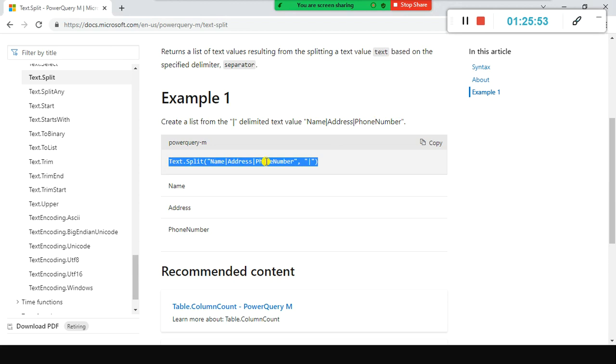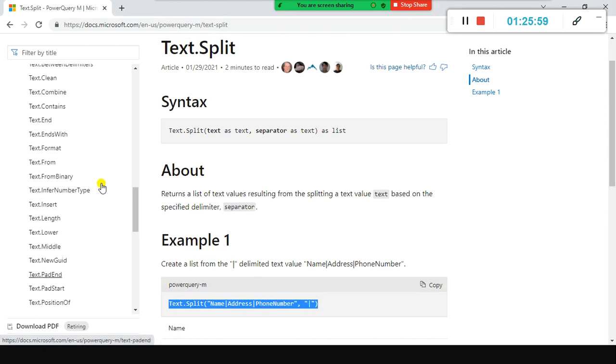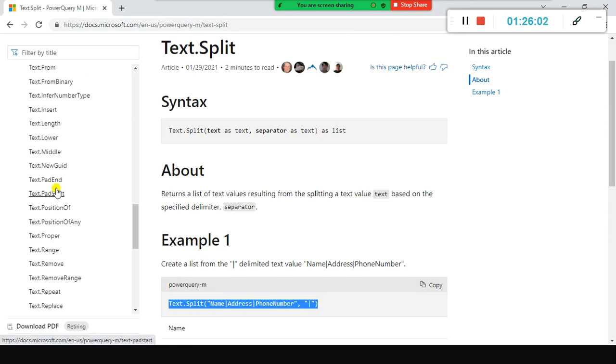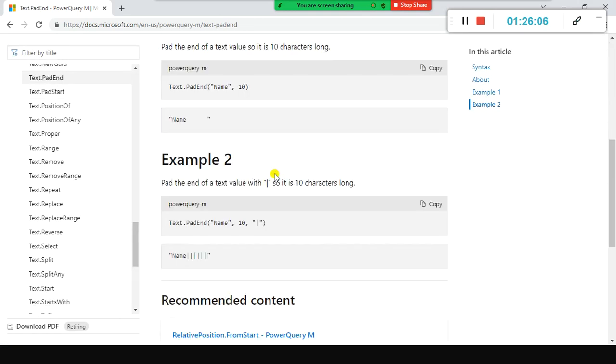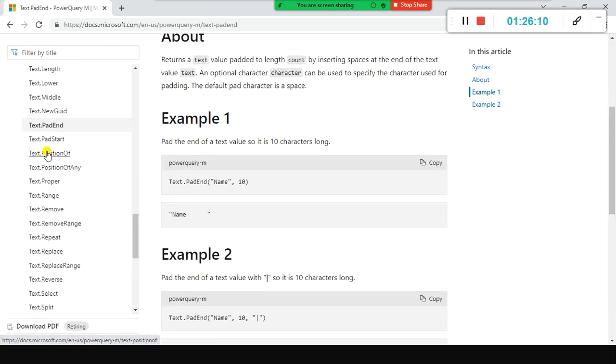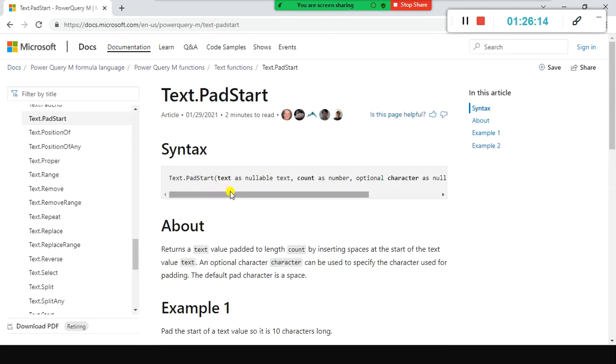You watch my video, pause it and try to practice it. Watch my video step by step, and you have to have patience. Then try these important commands: pad start, pad end. Try with all of these, try to understand what is happening. Analyze, use your brain for each and every command, don't come after me saying this is not working.